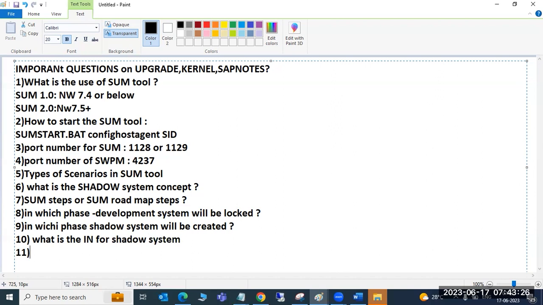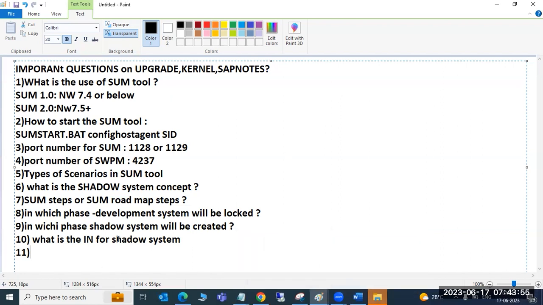So which means, at the starting of the pre-processing phase, the development workbench will be locked, so the developers cannot do any development activities in that phase. The system will be active, and the users can do transactions until the end of pre-processing. But from the start of pre-processing, developers cannot do development work. So that is the main thing.